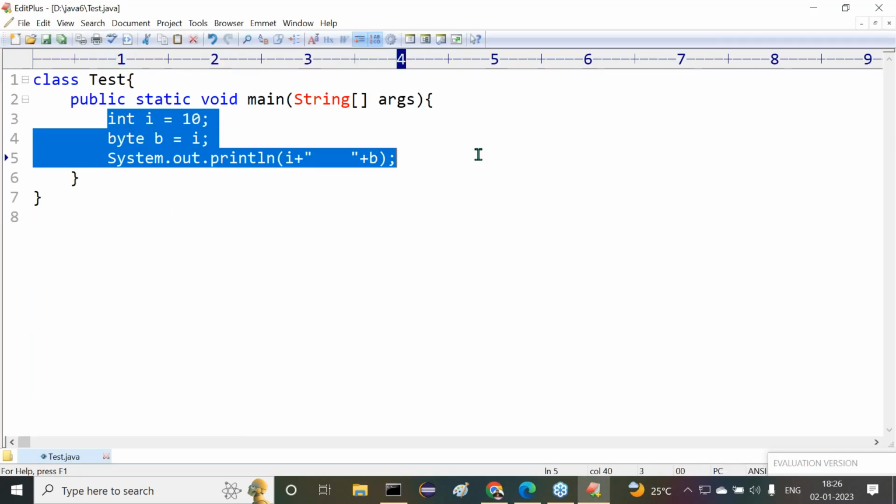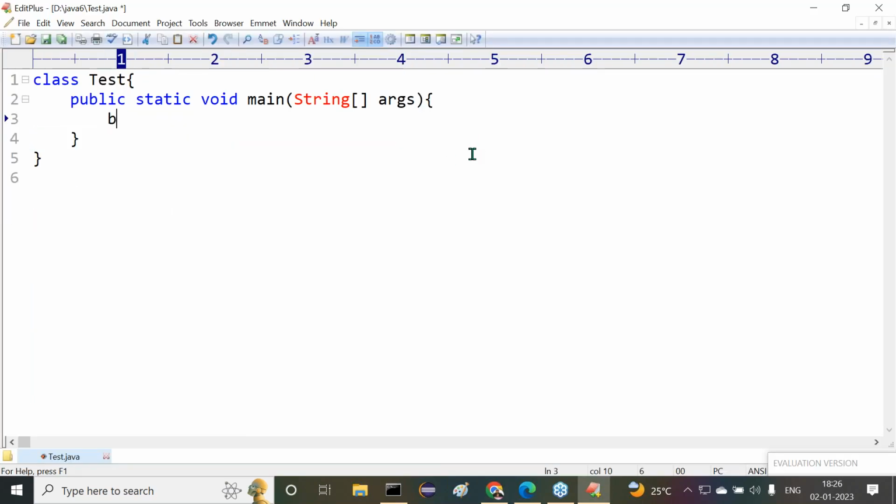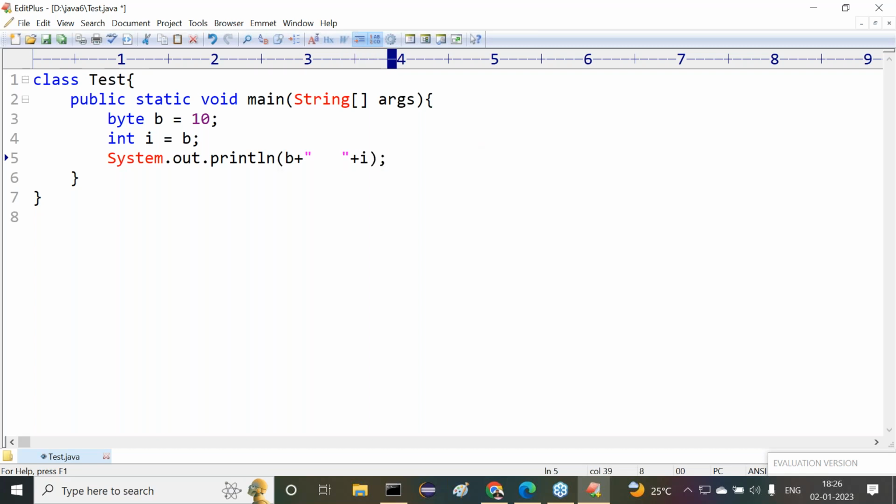I want to change it. Let me go for it. Take this next example. byte b = 10; int i = b; System.out.println(b + " " + i);